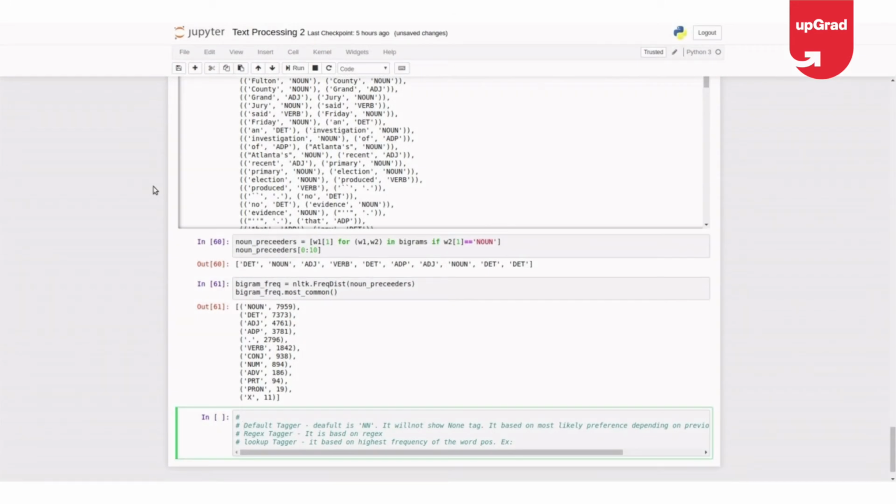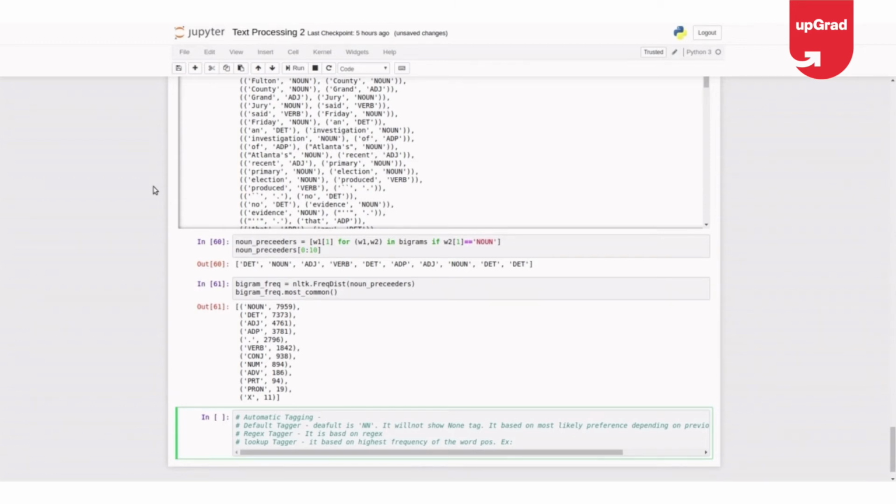So there are three kinds of automatic tagging in NLTK. One is default tagger, the second is regex tagger, and third is lookup tagger. So default tagger defaults the unknown tag to noun.